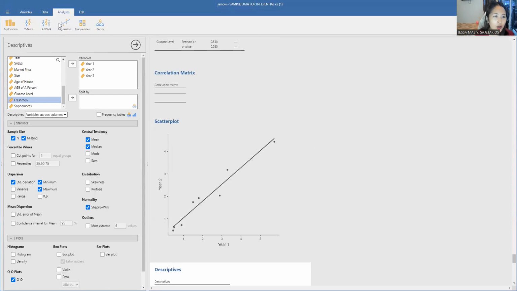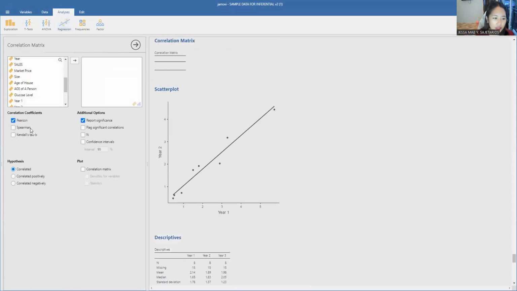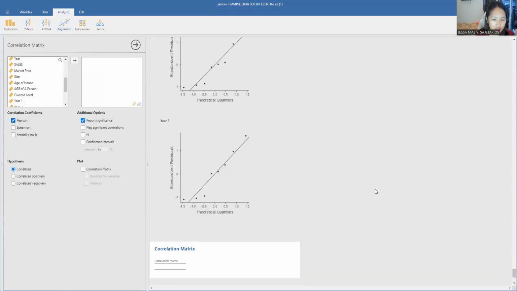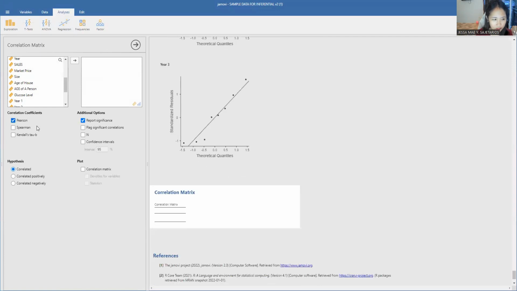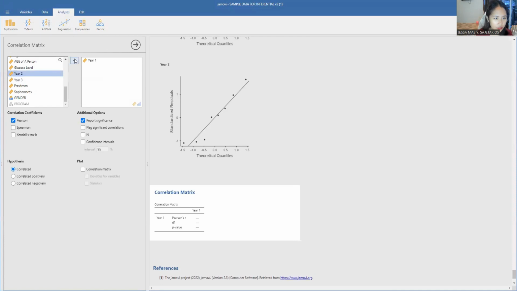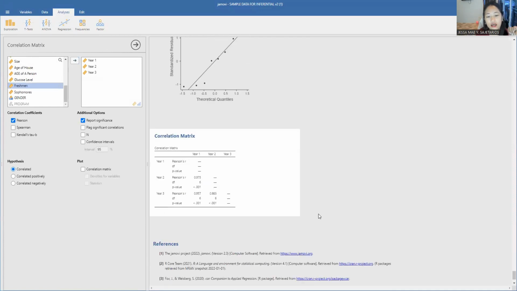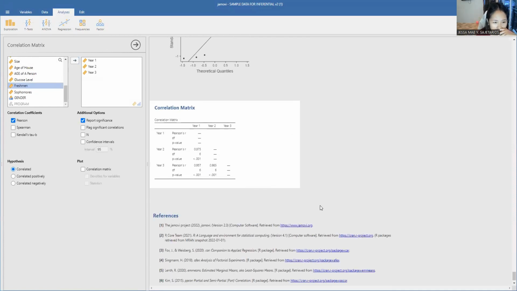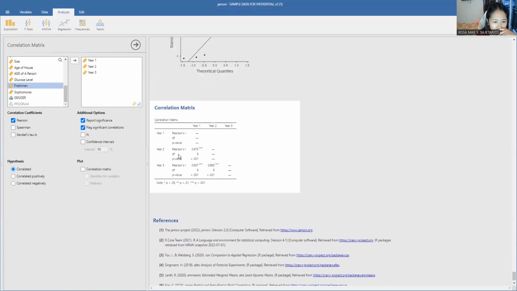So let's proceed with the interpretation of data. So si Pearson R yung gamitan natin. So si year 1, year 2, and year 3. Okay. And click natin si flag significant correlation so that it would be easy for us to detect. Okay, so as you can see here,